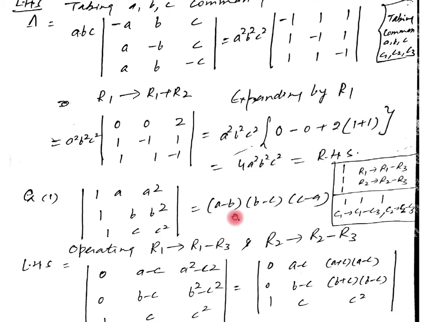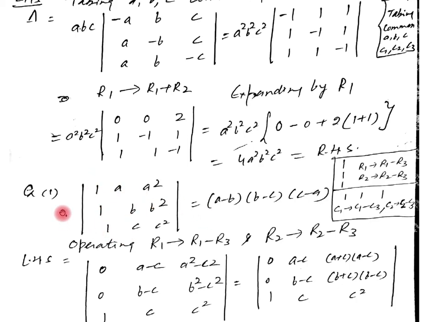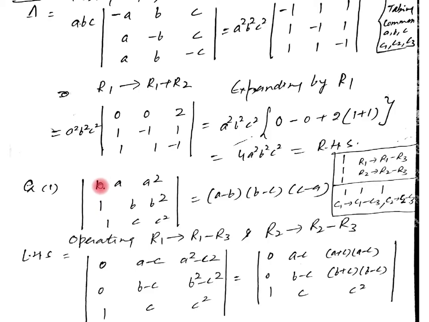Now here, whenever doing a question using the properties of determinant, sometimes we have to bring 1, 1, 1 in any particular row or column because we know 1 minus 1 is 0. But here in the question we are already given 1, 1, 1 in the first column. Sometimes we have to do it: we have to add rows or columns to get the same quantity in all the elements. Then we can take it common and the elements of the row or column become 1, 1, 1. But here in our question, the first column has the 1, 1, 1 elements. Second is A, B, C. Third is A square, B square, C square. We have to prove this.